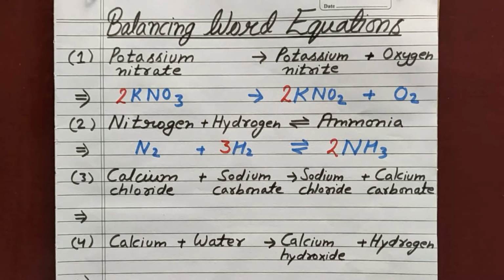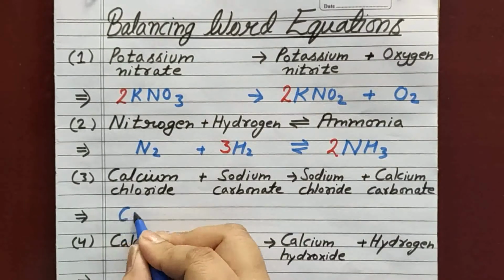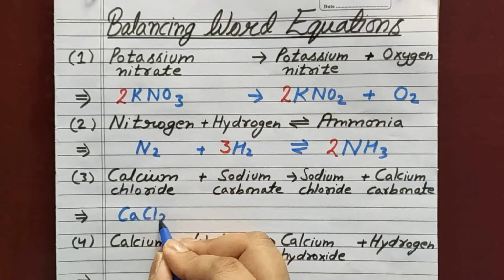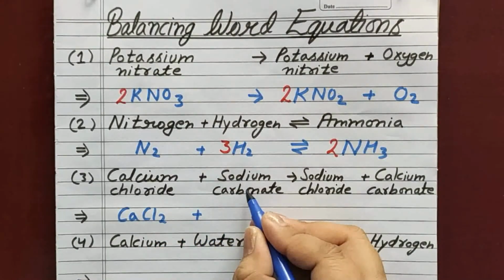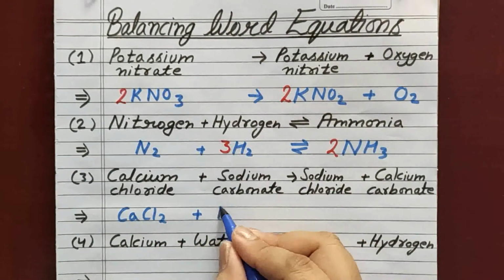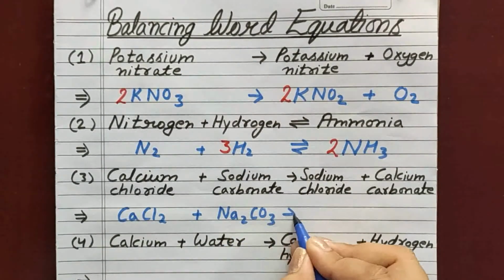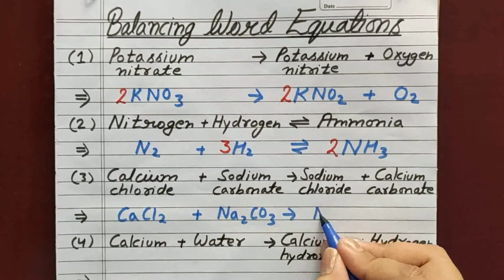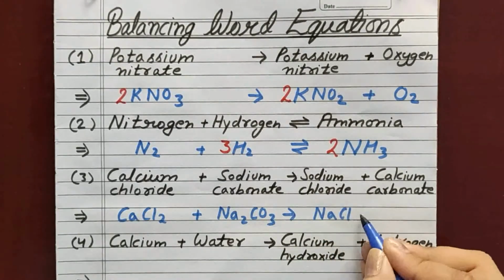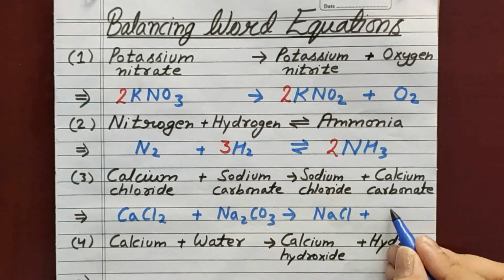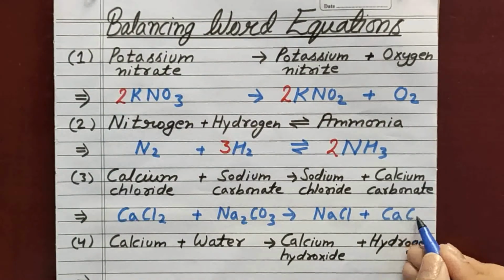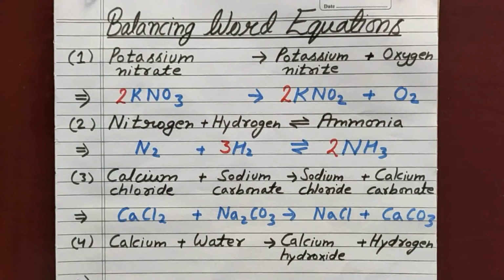Third one is calcium chloride, which is CaCl2, plus sodium carbonate, which is Na2CO3, giving out sodium chloride, which is NaCl, and calcium carbonate, which is CaCO3. Now there are 2 Cl and 2 Na atoms on your reactant side, but only 1 Na, 1 Cl